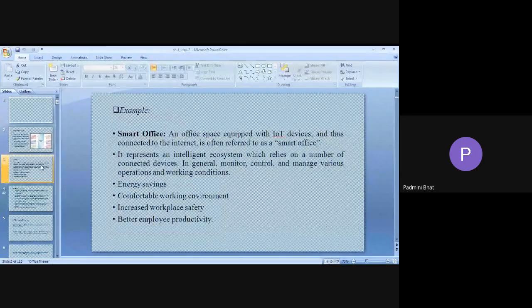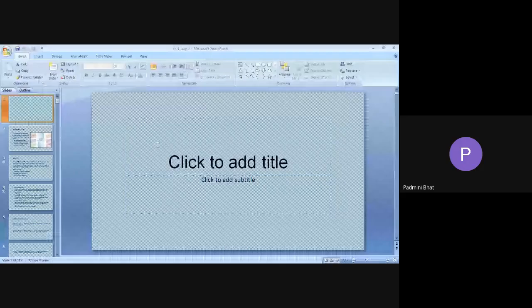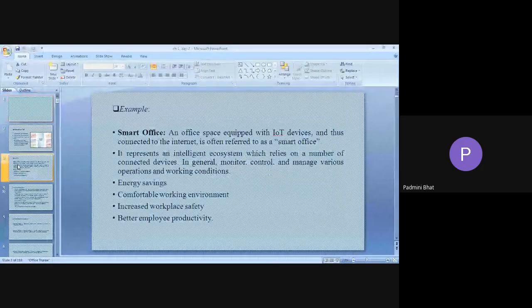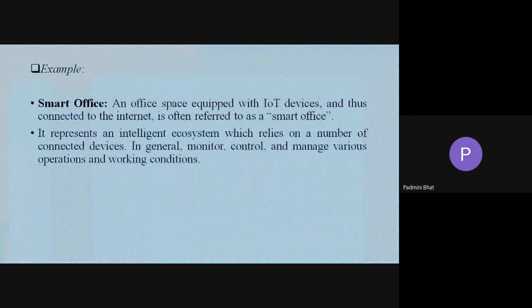Coming to the example, that is a smart office. As I said yesterday, any device which can compute and communicate is called smart.